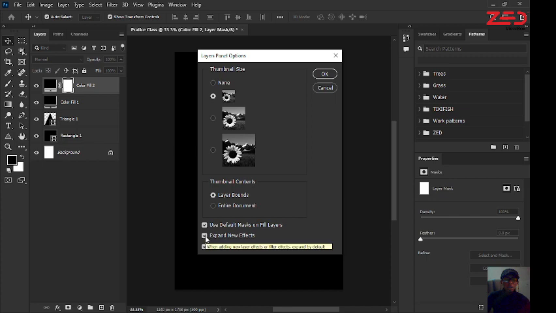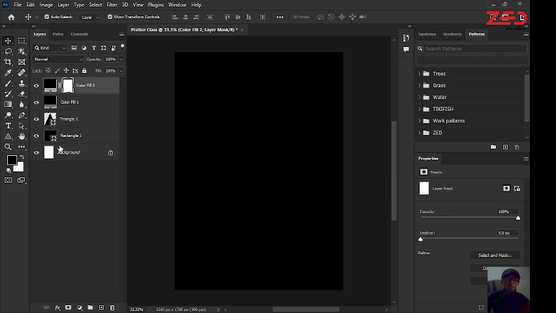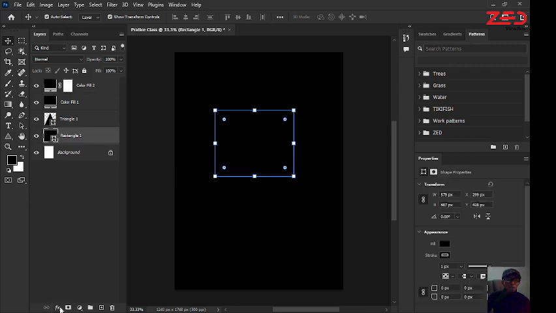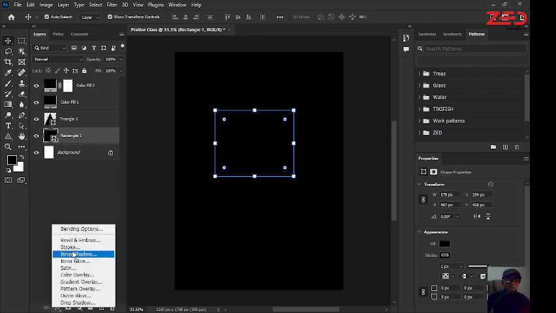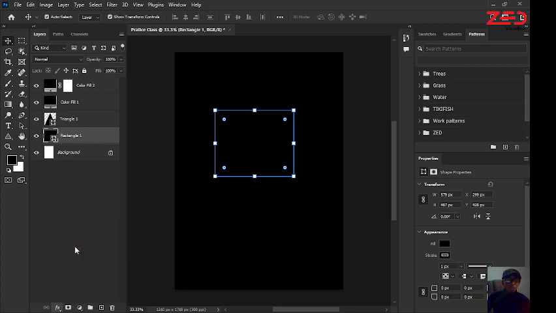Okay, this is also good to uncheck. I will check this, I'll leave this checked, and I'll leave this unchecked, and I think I'll leave this checked. Okay, what does that one mean? It means for instance, now if we add an effect, this is from the effect menu now, from the effect icon down here, if we add an effect like stroke,